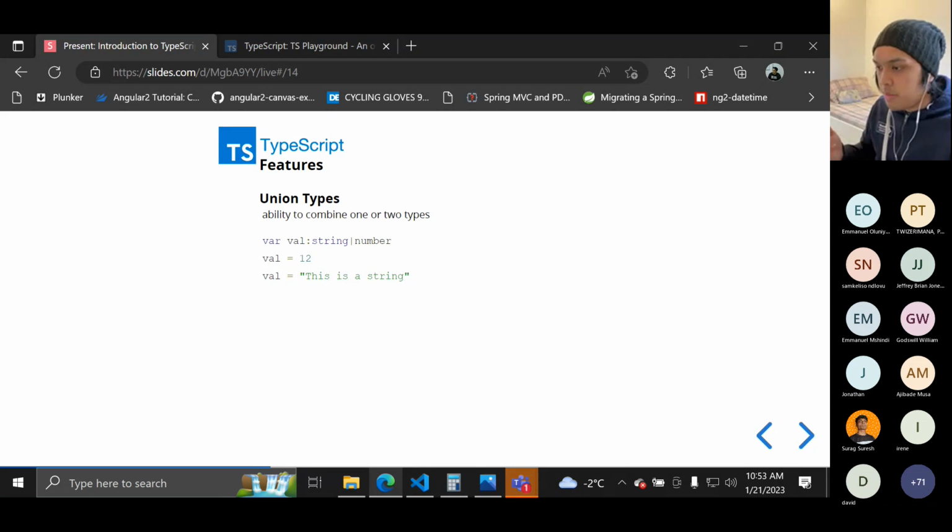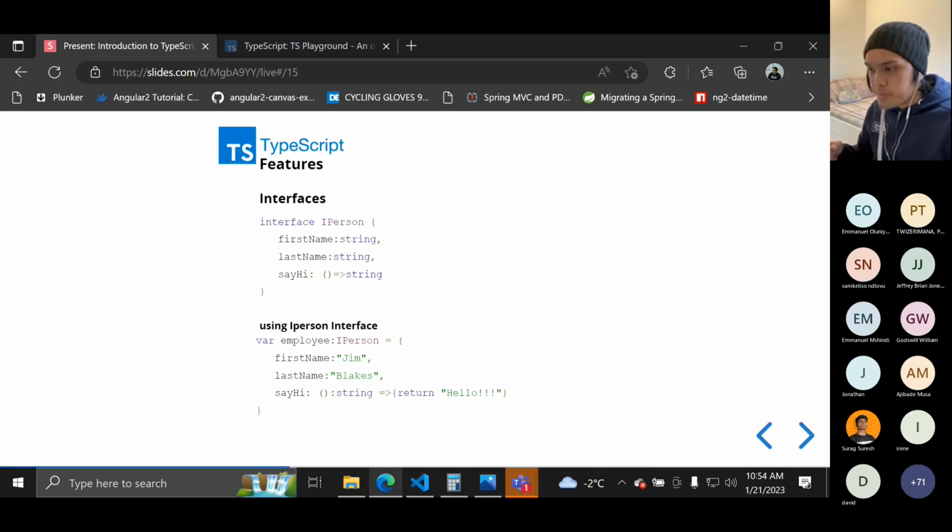By just using the pipe symbol, it can have two types already. So we can assign a number 12 or a string since it is assigned as having two types. So this is also one of the powerful features of TypeScript, right? You have seen a snippet of this a while ago.